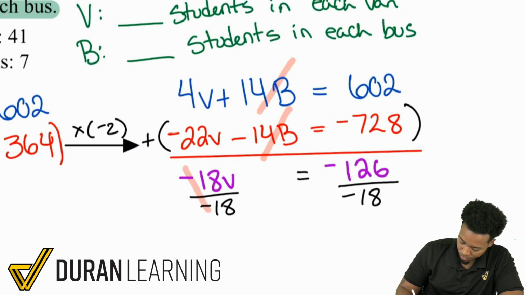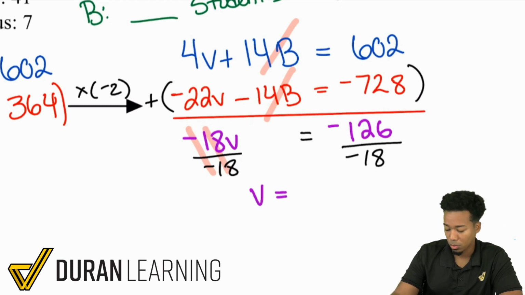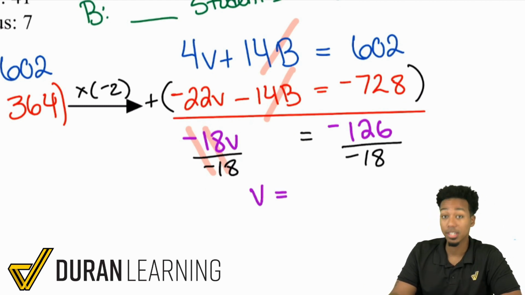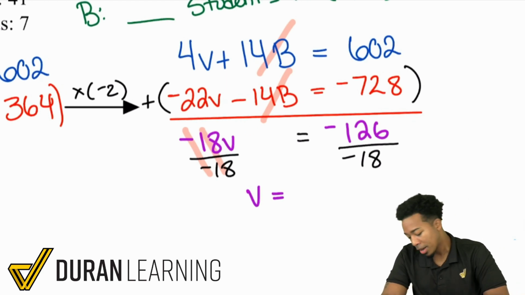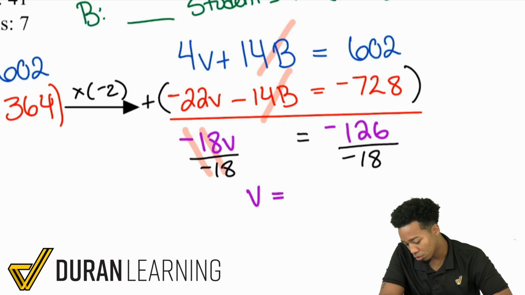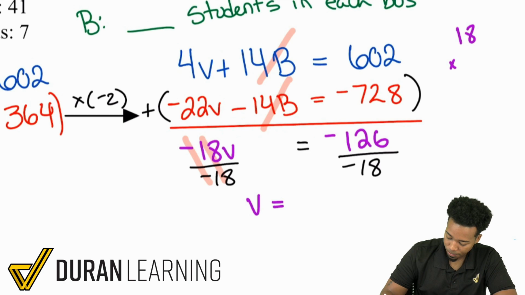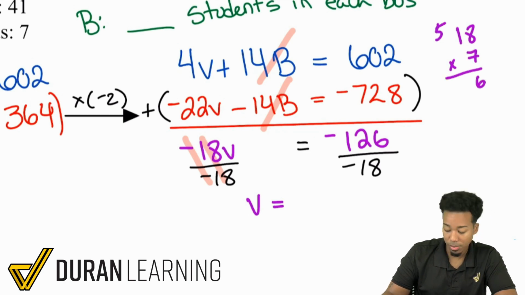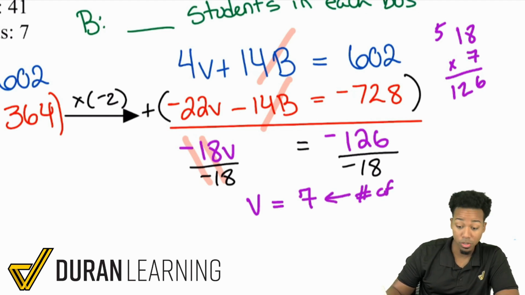And we're good. That cancels out, leaving me with the vans. The number of students in each van equals what? Well, a negative divided by a negative is going to be a positive. And once you do the math, 126 divided by 18, I believe that's going to be 7. Let me just double check here. 18 times 7, 8 times 7 is 56. 1 times 7 is 7, carry the 5 is 12, 126. So yep, V equals 7. And again, that is the number of students in each van